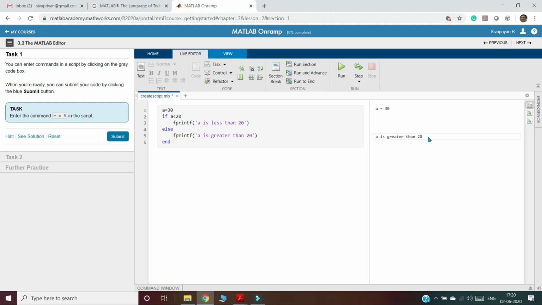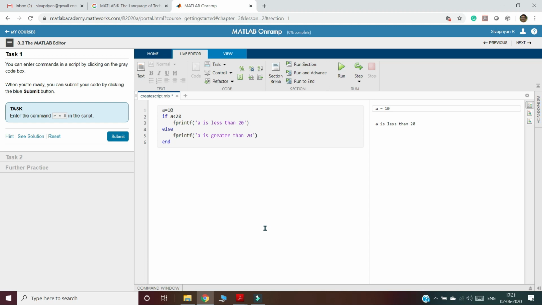So 'a is greater than 20' is printed over here in the output window. Now you can check that variable in the workspace. Now if I make it 10 again and run, I will get a is less than 20. So this is about the if statement and the if and else statement.